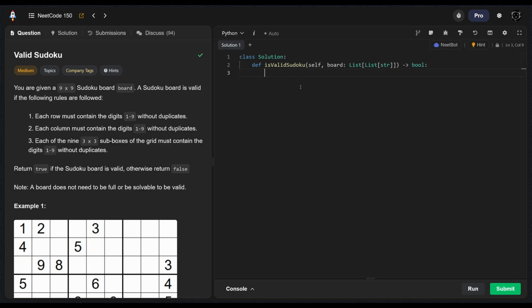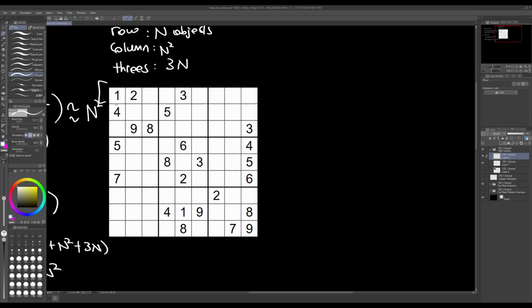So let's start off by defining a couple of variables here. We've got row size, which is the length of the board, and the column size. Basically, if you imagine this as a bunch of arrays, if each row is an array and board is actually an array of arrays, if I take the length of board, that's counting how many subarrays we have, right? Which is also incidentally counting how many rows we have,